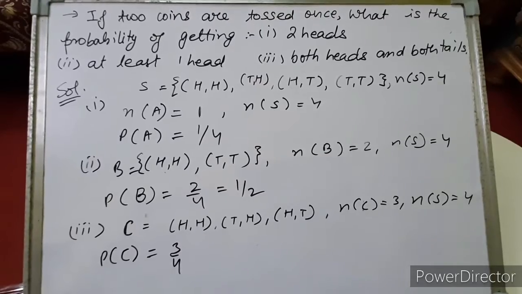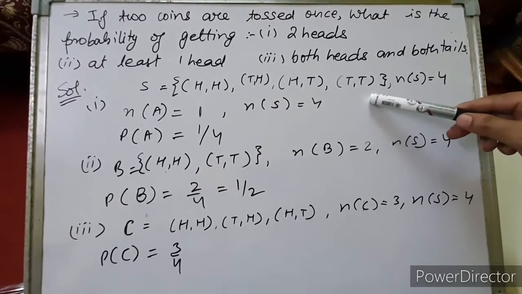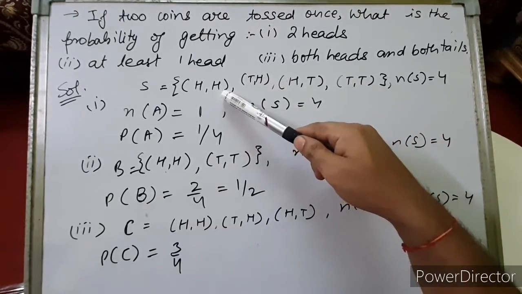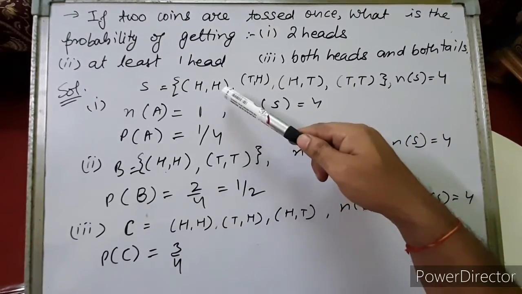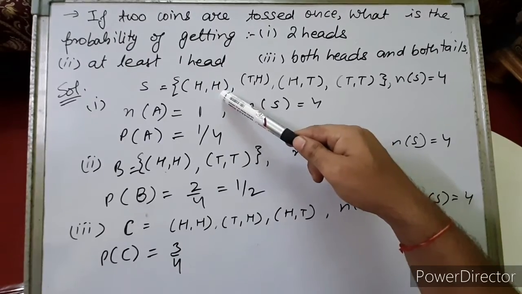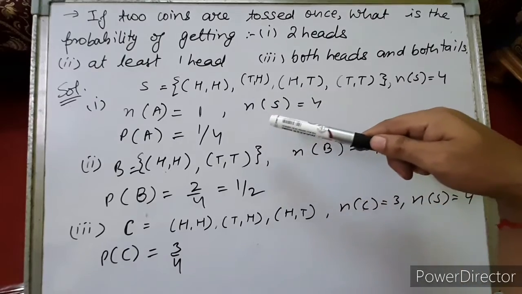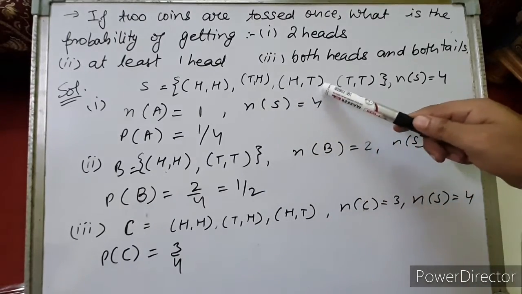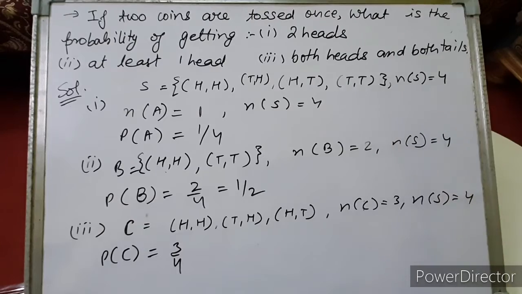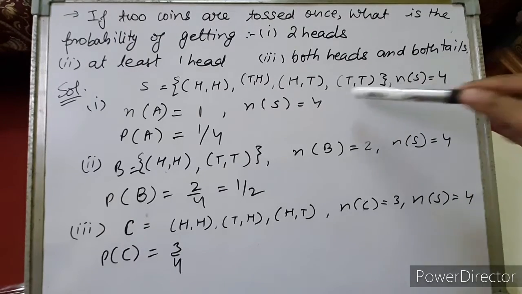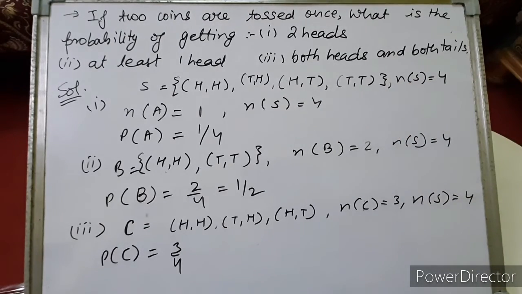First, let us calculate the sample space, that is, the total number of outcomes when two coins are tossed. The first outcome could be head, where one coin shows head and another coin also shows head. So on both the coins head appears. Either on the first coin tail appears and the second coin head appears, or on the first coin head appears and the second coin tail appears, or both the coins show tails. So these are the total number of outcomes that could happen on the toss of two coins together, or one coin tossed 2 times. So the sample space here will be 4.